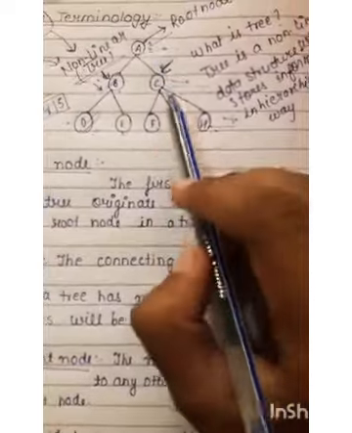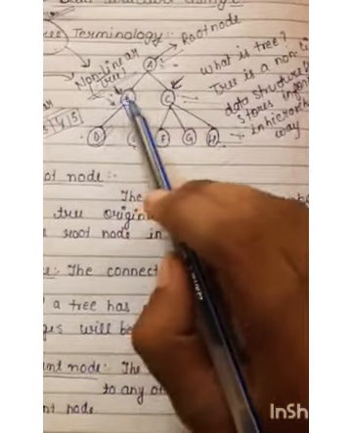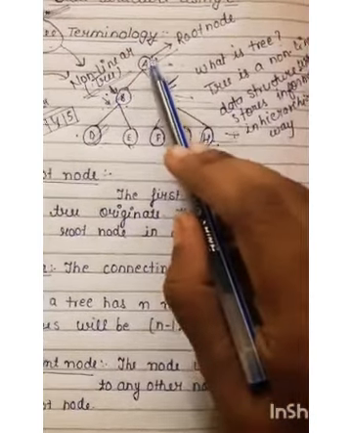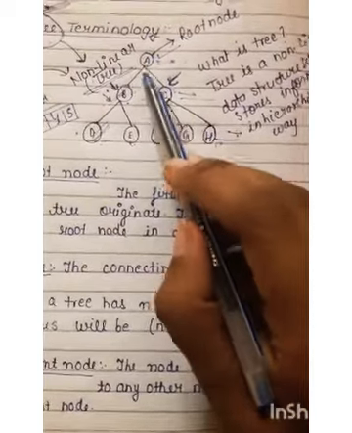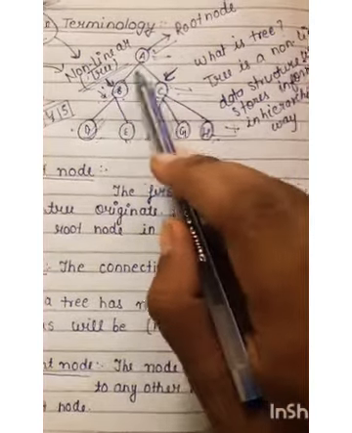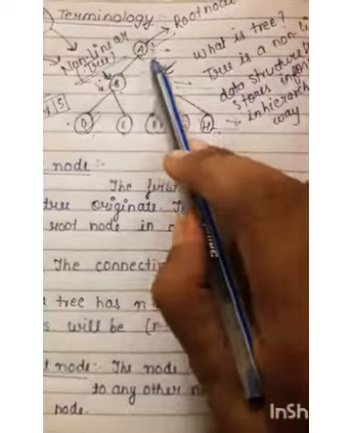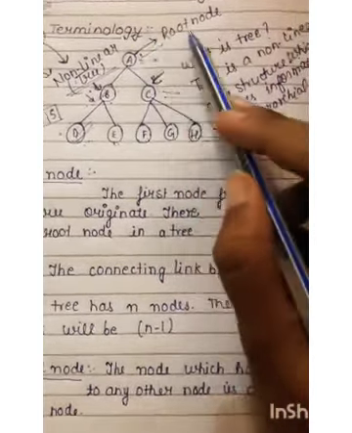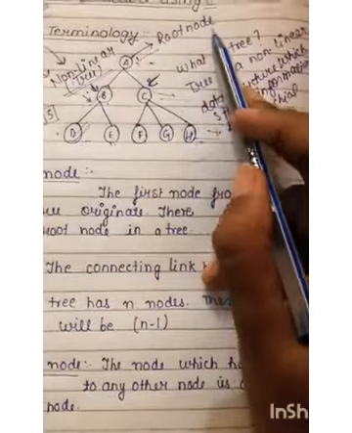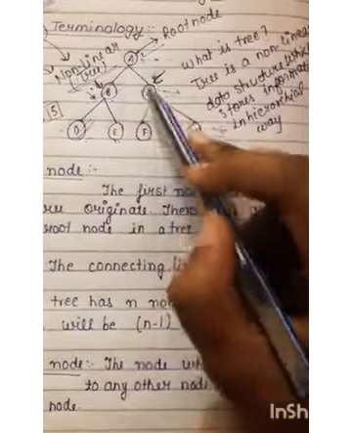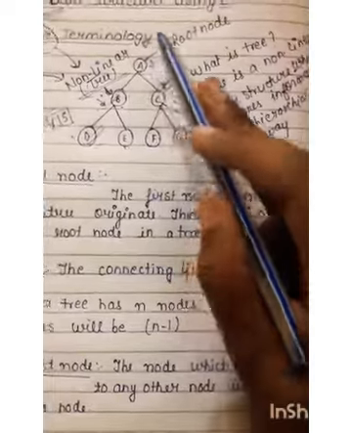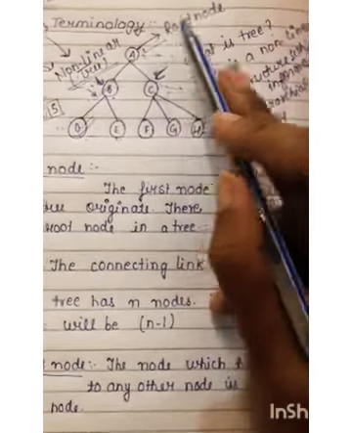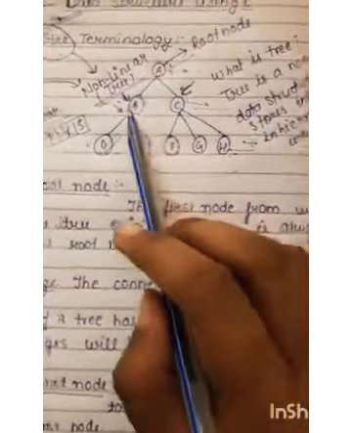All of them are the nodes of this tree. And this first node from where the tree begins, like you can see the entire tree begins with this first node, is called the root node. This is called the root node because the entire tree begins with this node. Always remember, a tree has only one root node. It can never have multiple root nodes. And all the other further nodes, like you can see,